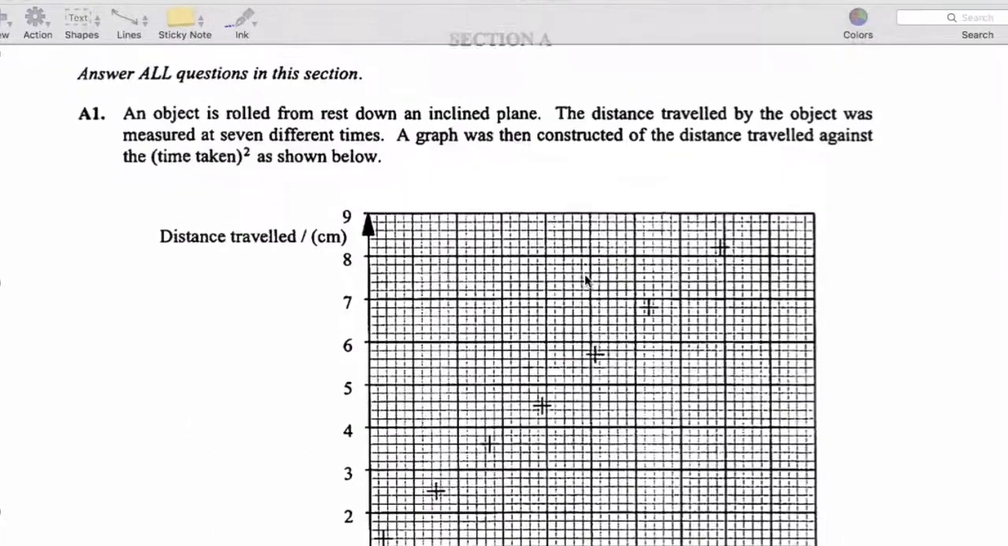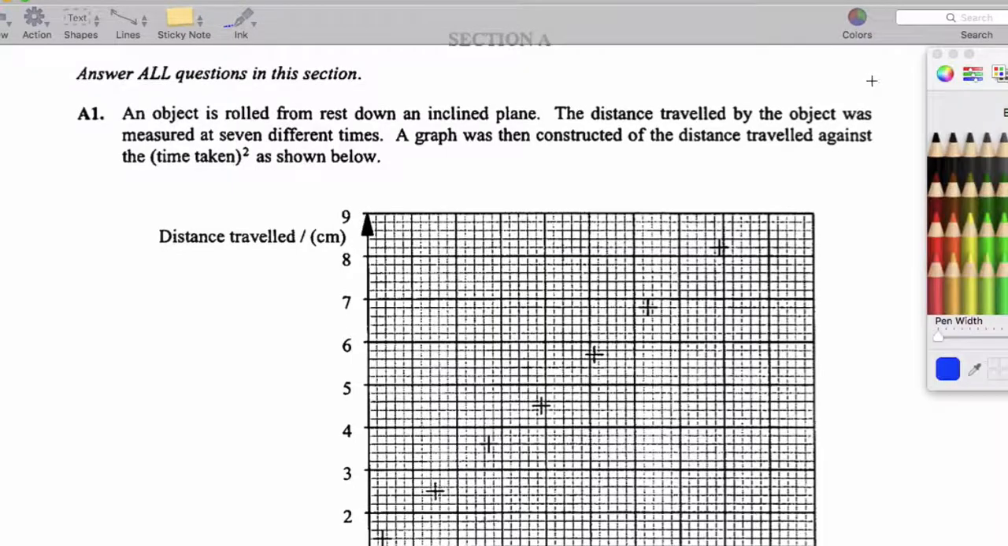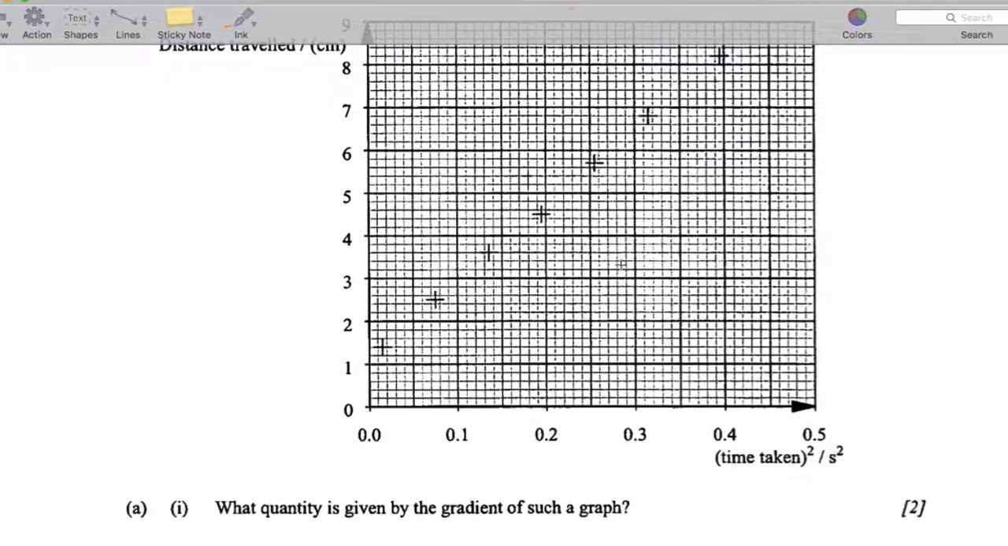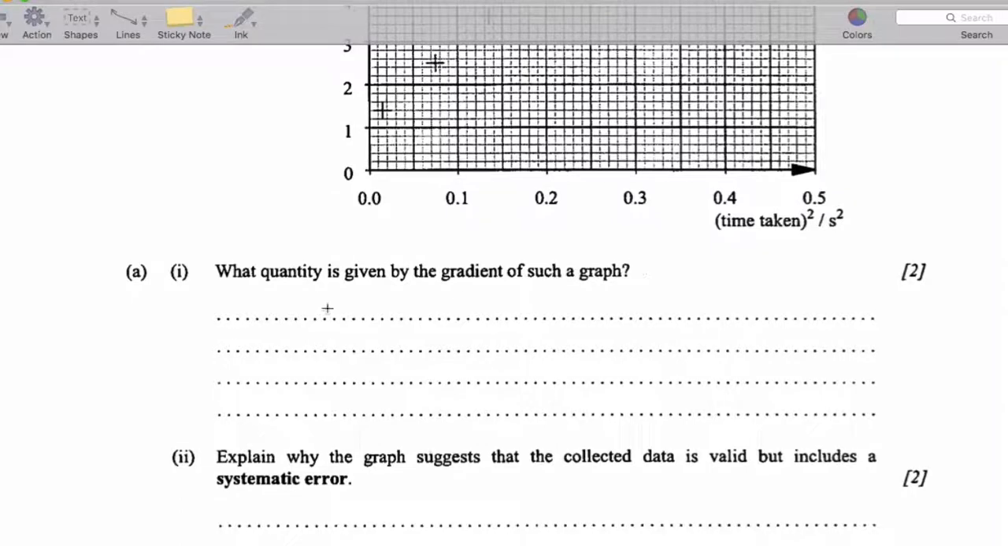So here we have a distance versus time squared graph. And I'll tell you right away, in my mind, what I want to see students think is, it's rolled from rest. So the formula is S is 1/2 AT squared plus UT. Since we're at rest, this should be 0. So I'm expecting S equals 1/2 AT squared. And if I'm graphing distance against T squared, I'm expecting the gradient here